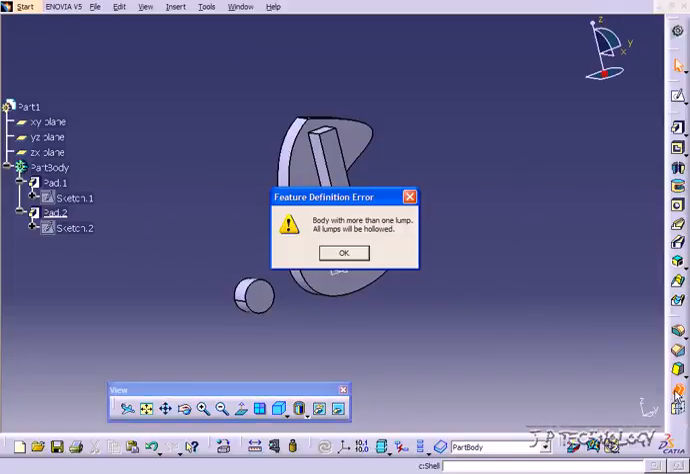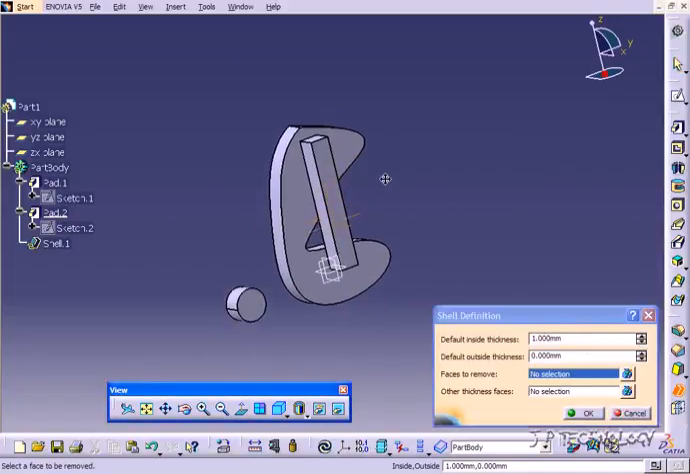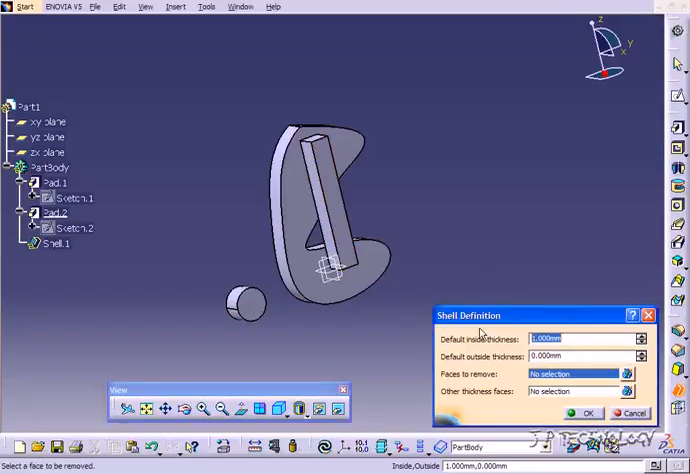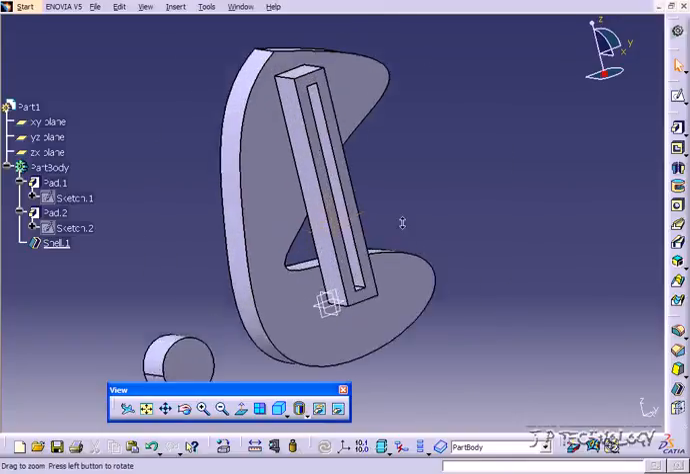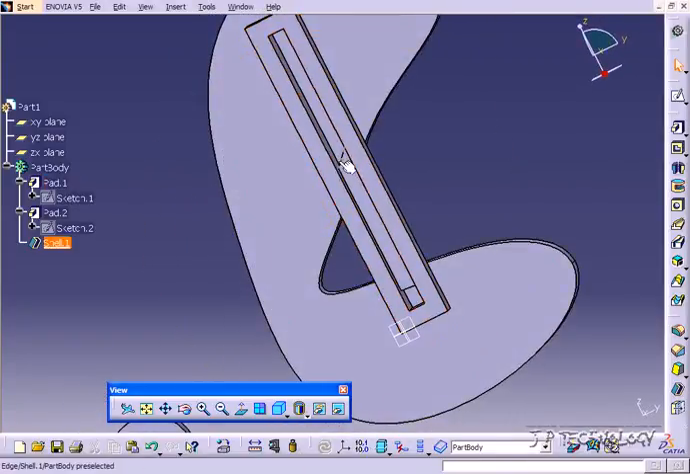So we'll click shell, and it's going to ask you to click faces to remove. Each face you click is going to be removed, and the inside thickness is how thick your part's going to be after. So let's change this to 10, and let's click this face here. Click OK, and you're going to notice that it's cut out there and that the thickness is 10, and